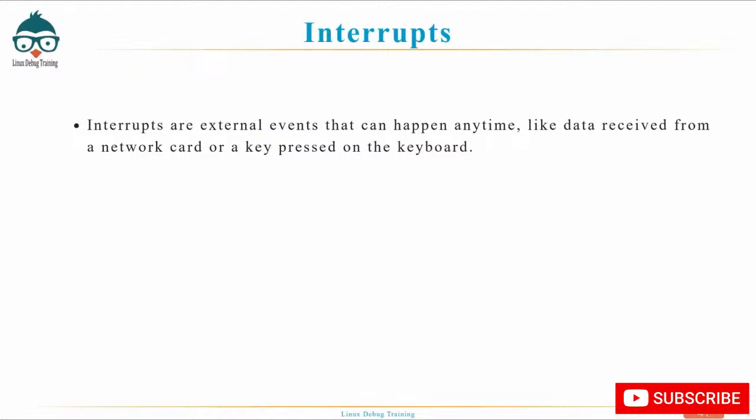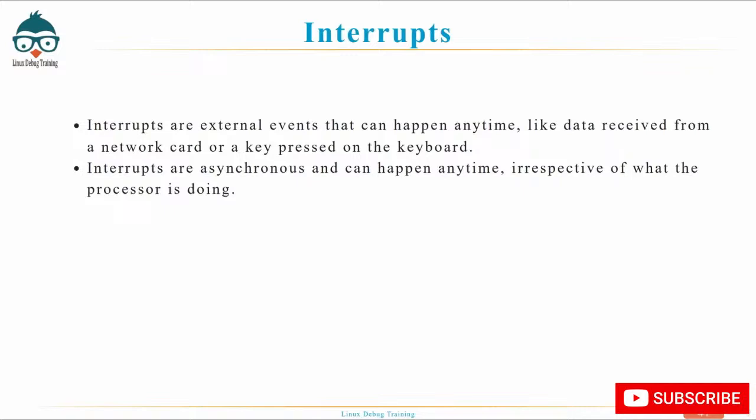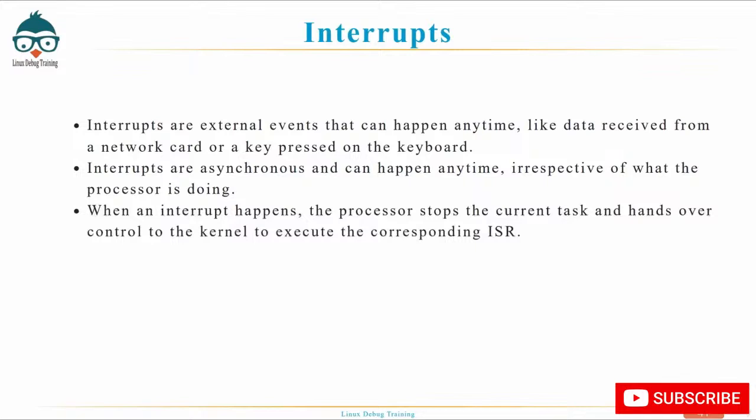Interrupts are external events that can happen at any time. These events could be, for example, data being received from a network card or a key being pressed on the keyboard. Interrupts are asynchronous, and they can occur at any time irrespective of what the processor is doing. When an interrupt happens, the processor stops the current task and hands over control to the kernel to execute the